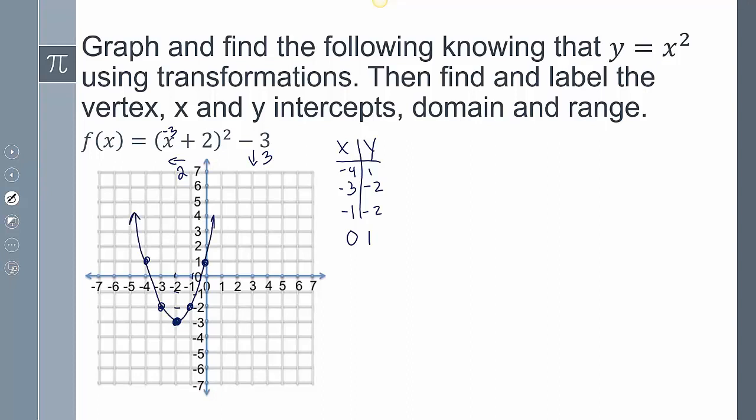So having said that, find and label the vertex. Well, my vertex is going to be -2, -3 because that's where it shifted. And then it says the x and y intercepts. So if I wanted to see where it crosses the x-axis,